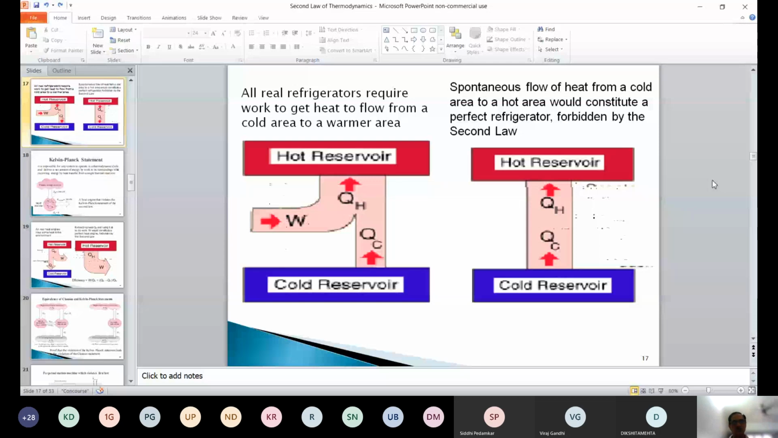Okay. Kelvin-Planck statement: it is impossible for any system to operate